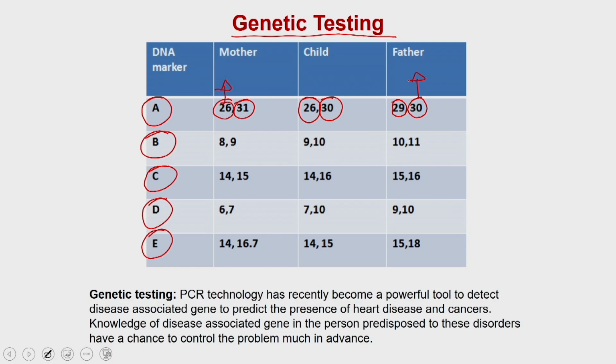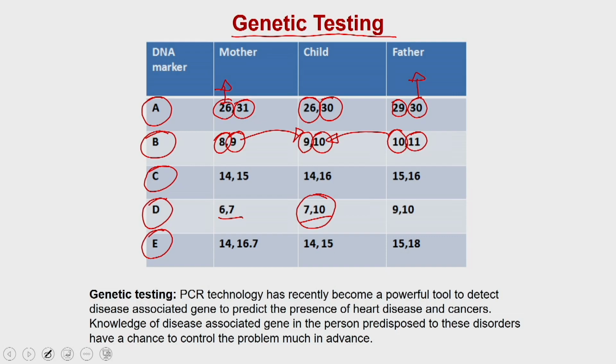Similarly, you can see that the mother has the markers 8 and 9, whereas the father has 10 and 11, and the child has 9 and 10, which means the 9 it is getting from the mother and the 10 it is getting from the father, which means it is potentially a child of these two parents. Similarly, you can see all the other combinations where the child is showing markers which are a mixture